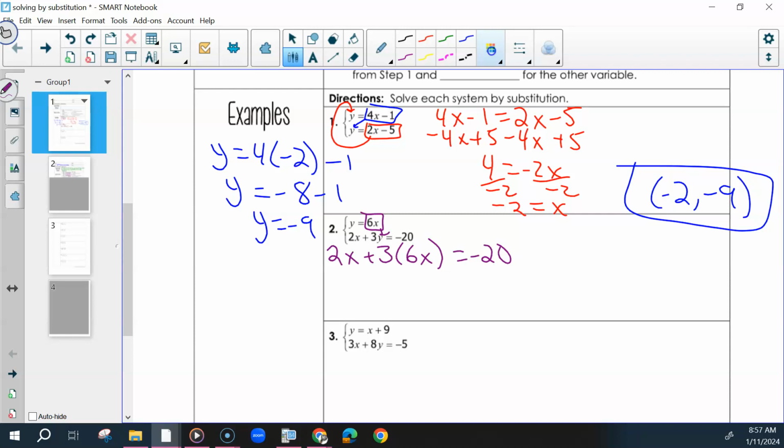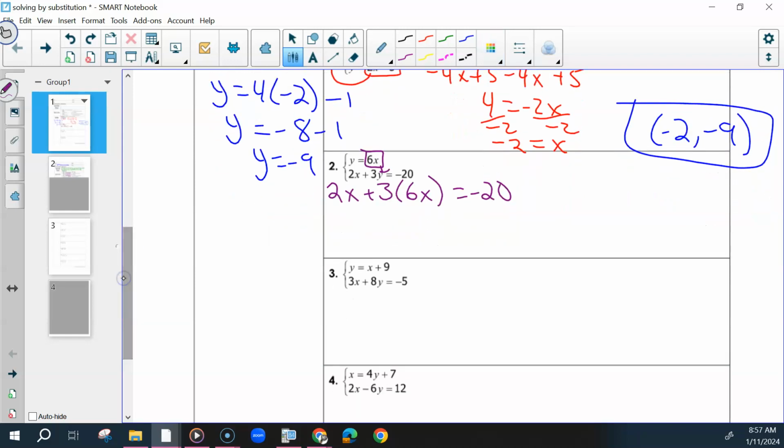We did something like this before when we were solving equations, and that was kind of like a foresight, I feel like that's the right word, into this. Then solve this, so 2x plus 18x equals negative 20. Combine your like terms, solve for x. So x equals